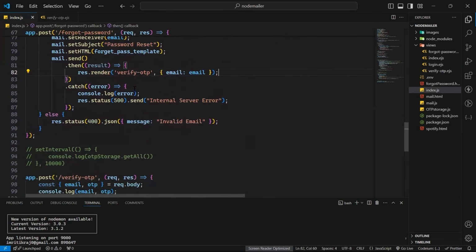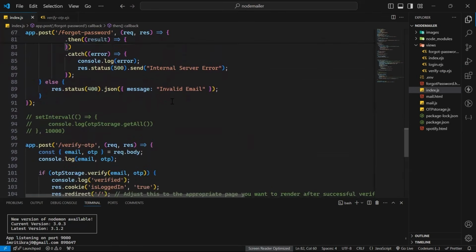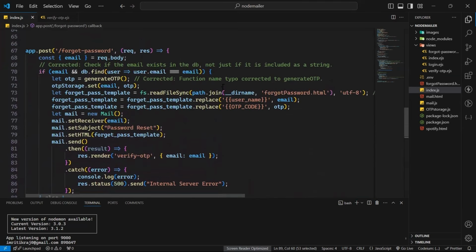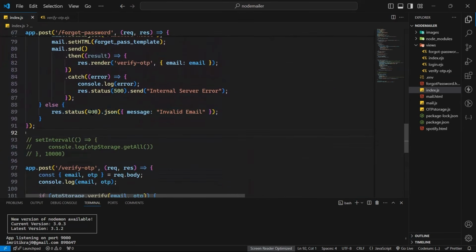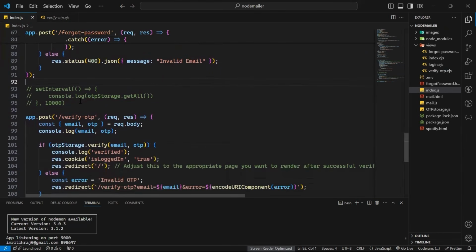और यहाँ पे कैच कर रहा है, अगर एरर आया तो इंटरनल सर्वर ऐसा कुछ, ठीक है। तो इस पर कोई दिक्कत नहीं आ रहा है। और इसके अलावा कोई प्रॉब्लम हुआ तो हम लोग क्या बोल सकते हैं, इनवैलिड ईमेल, ठीक है। क्या प्रॉब्लम आ जाएगा इसके अलावा, अगर हमने वो ईमेल डाटाबेस में एग्जिस्ट नहीं करता है, तो हमने क्या बोलना है, 400, मतलब नो डाटा फाउंड और इनवैलिड ईमेल ऐसा कुछ, ठीक है।